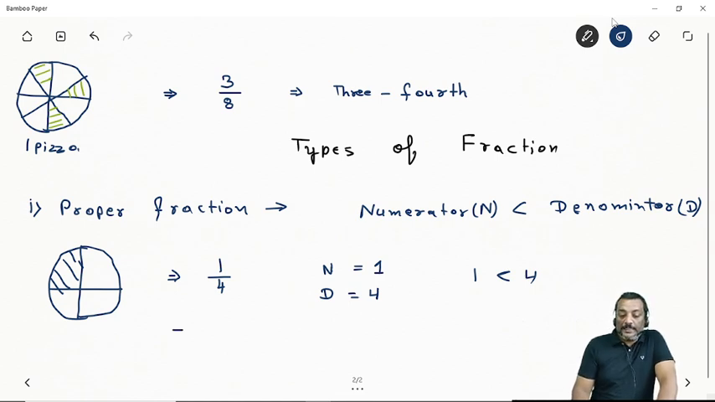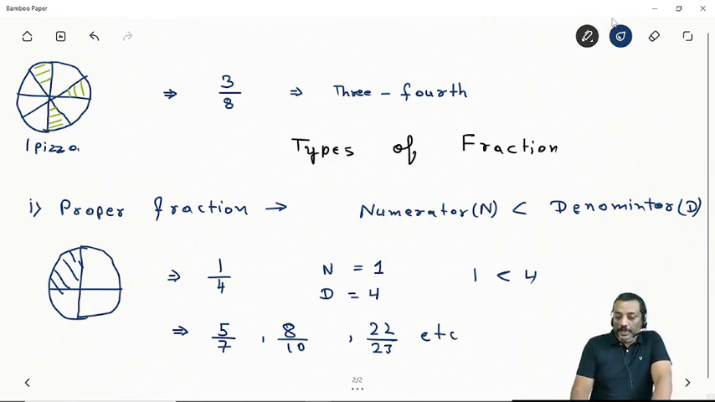Same with other examples, you can see the proper fractions 5/7, 8/10, 22/25. So these are all examples of what? A proper fraction. Okay, so anywhere the numerator is smaller than the denominator, we will consider it a proper fraction. Now, coming to the next type of fraction, we have